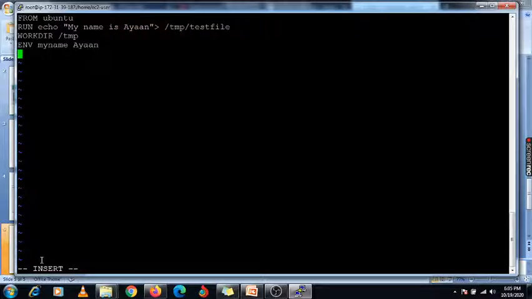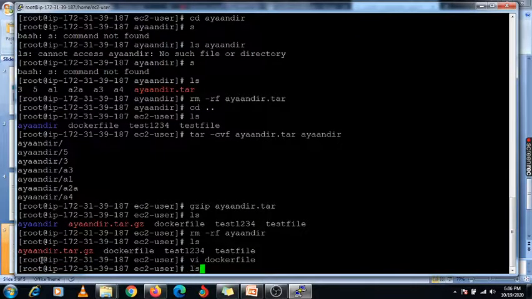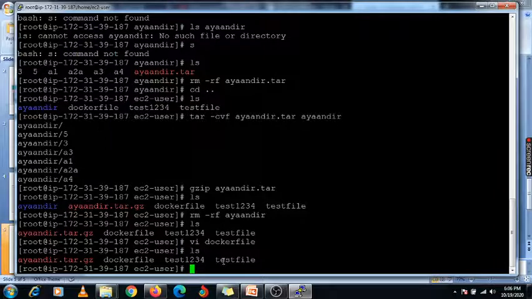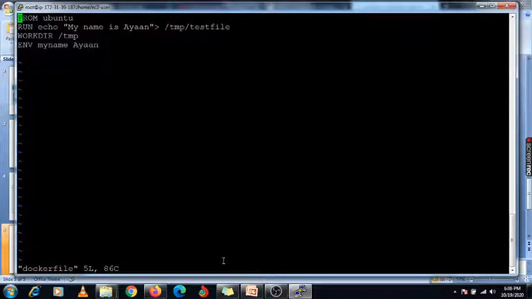And now we are using COPY. With this COPY, if you have any files, I'm just going to save it temporarily, and here there is one test file available, right? So again I need to check, go inside it, and here COPY, I'm going to copy that test file on the /tmp directory.